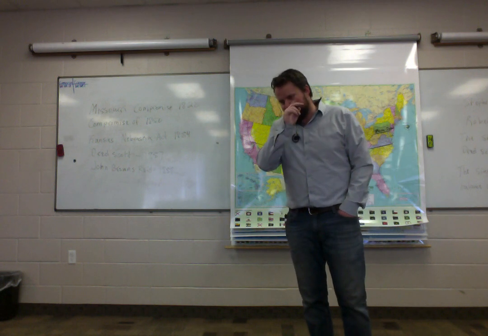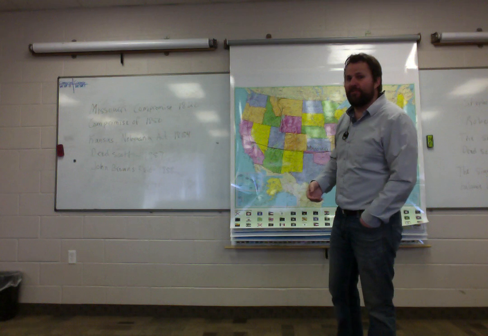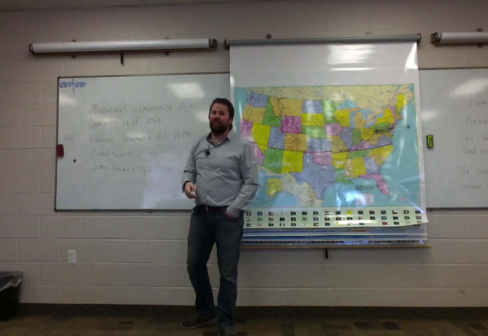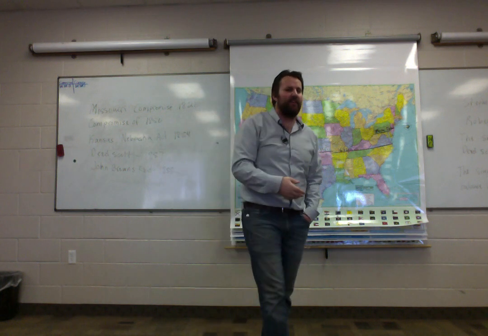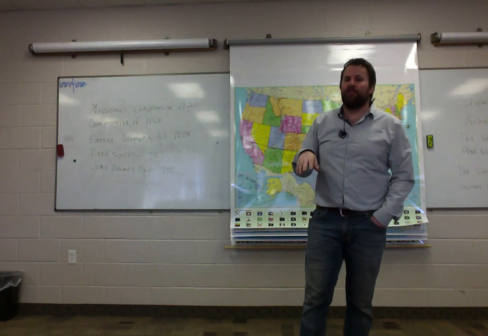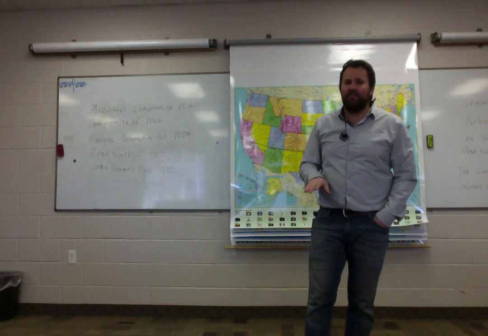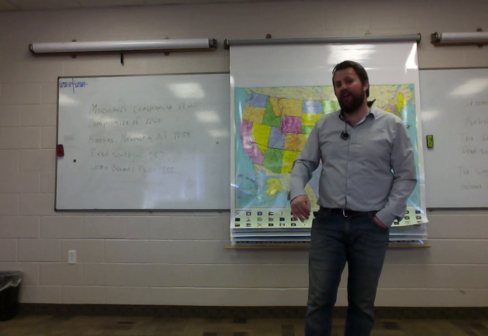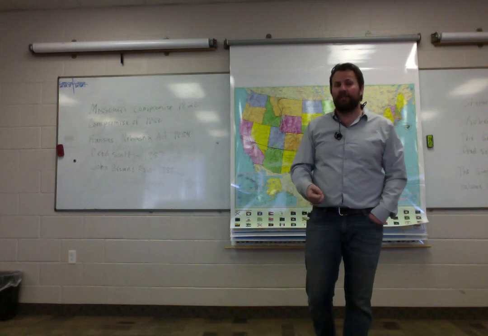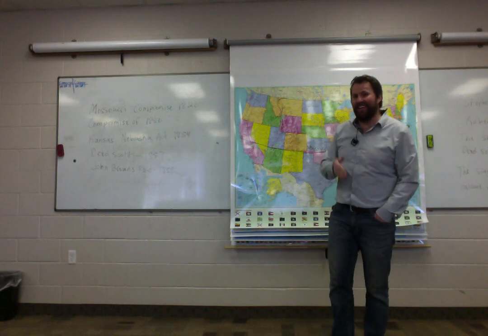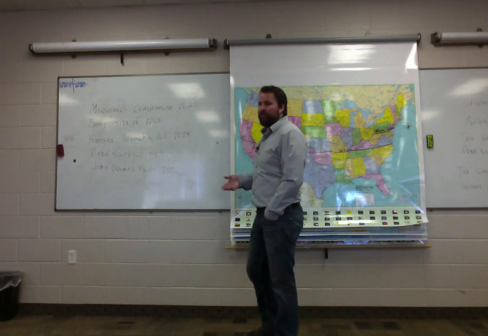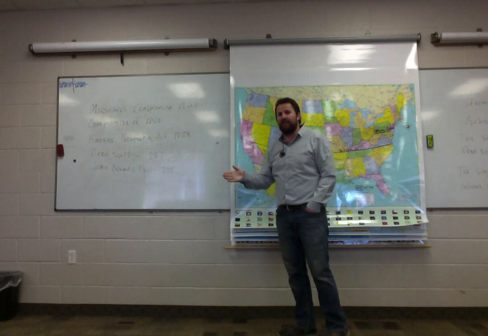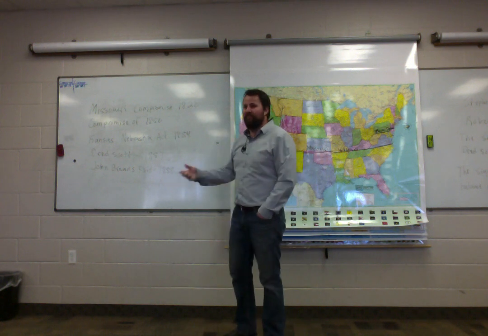Now, this is obviously incorrect, right? Because the Compromise of 1850 established the Fugitive Slave Act. And the Fugitive Slave Act, a federal act, made it so that no matter where a slave was, if they were a slave and had not been freed by their owner, they could be returned to their owner. In fact, they should be returned to their owner by law. So it's not a great legal argument, but the abolitionists are pushing, and they think they've got a shot. Remember, they've got the vote now. They've got the light at the end of the tunnel, so they start pushing some of these things. So you're free.